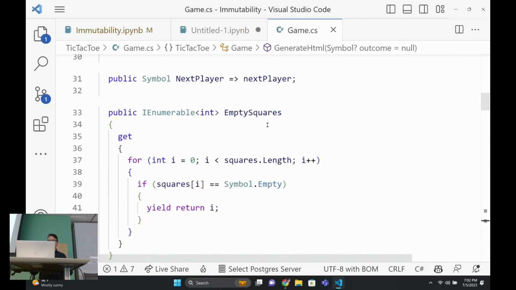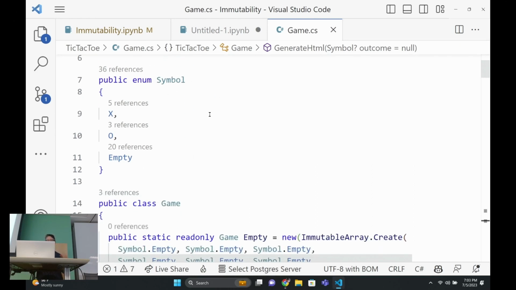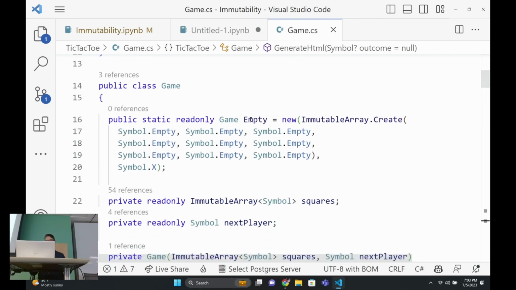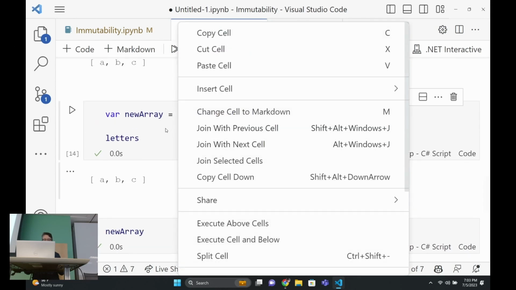So this is some pretty nasty code. We're not really going to look too hard at the code for the tic-tac-toe game, but just to kind of show you what these things are about, we've got an enumeration that's X, O, or empty, tells you a symbol that's in a square. And then we've got a game. So we start with a public static readonly Game Empty. This is actually a pretty common pattern in the immutable world. So I could say